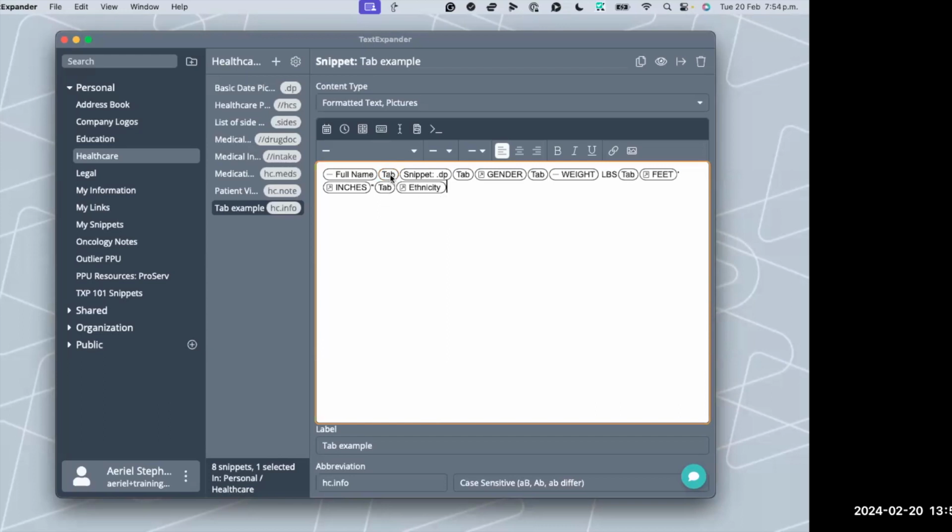But just to show you how I inserted that, I basically place my cursor where I need that macro to go. I come to the keyboard macros button and I insert tab. Okay, again, maybe I was filling out a form and I needed to tab 2 fields down. I would put 2 tabs here. So definitely play around with that, but that is how I was able to move between those fields in the PDF, and you can definitely create something similar for your EHR.